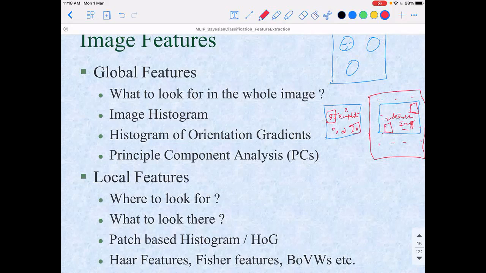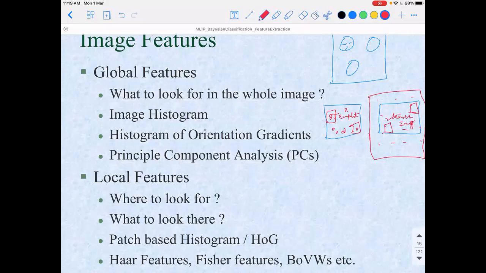Usually in image processing, initially there was a huge discussion about which are better, local features or global features. There were several methods which came up with global features first and then local features, and then there are some methods which use both of them: hybrid features, local and global.